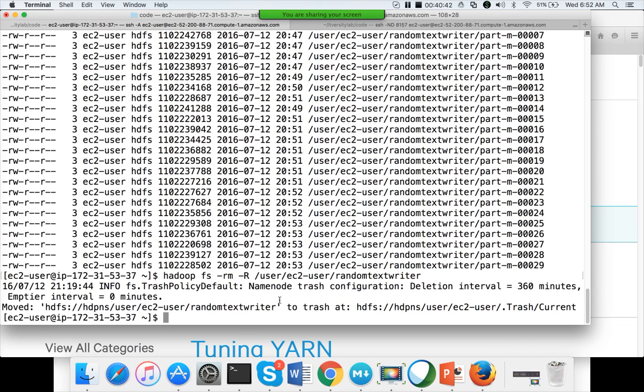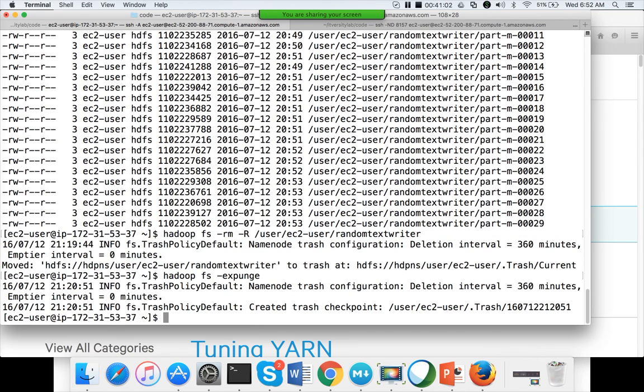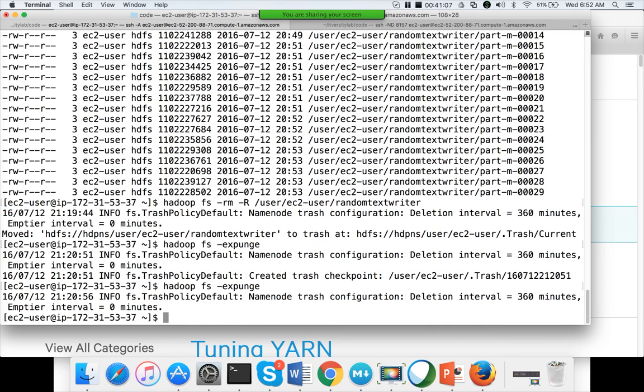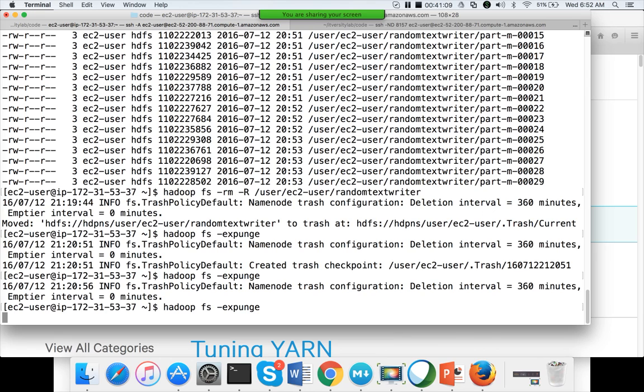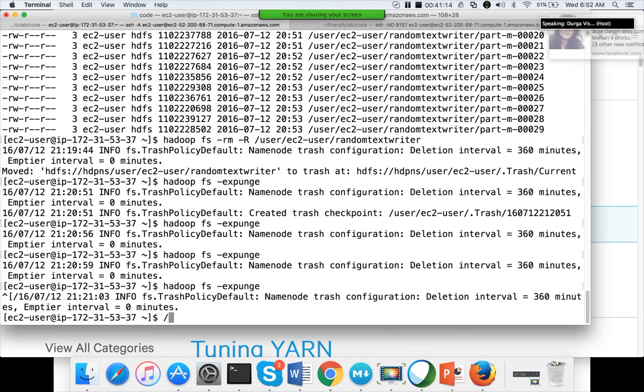Okay. Now I will get into the schedulers. Right now, I will be running the same job again. Let me first make sure that I have enough capacity. Even though it is deleted, it will be in trash and it can cause issues. Again, you should run the df command.